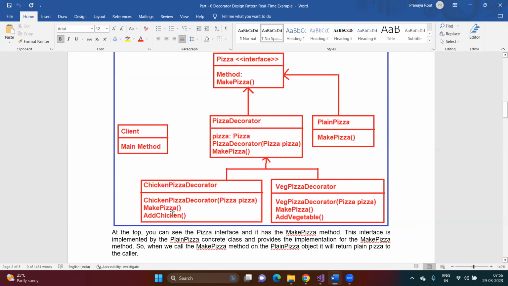As part of this make pizza method, we are calling the make pizza method on this pizza object, right? This pizza is nothing but this plain pizza. Using this plain pizza object, we are calling this make pizza method. And once the make pizza method is done, then we are calling this add chicken. And here we are calling add vegetable. So in this way,